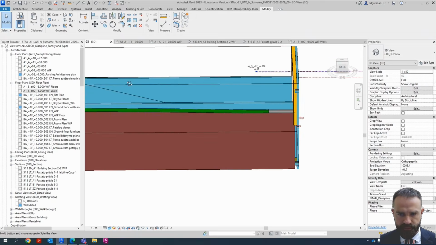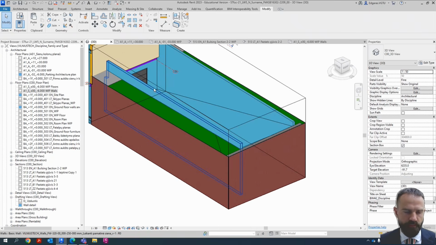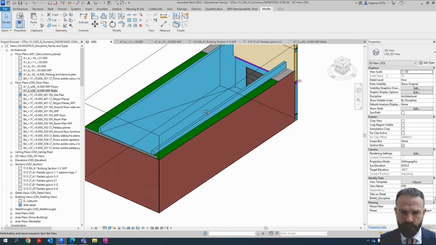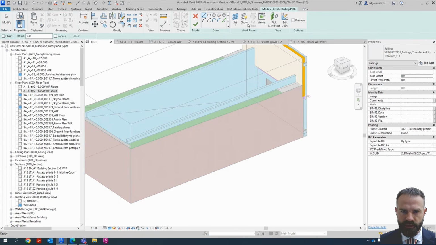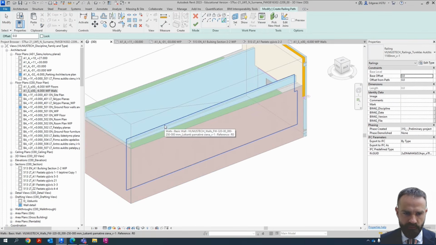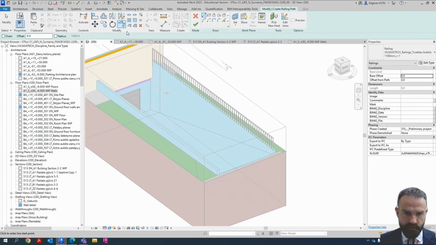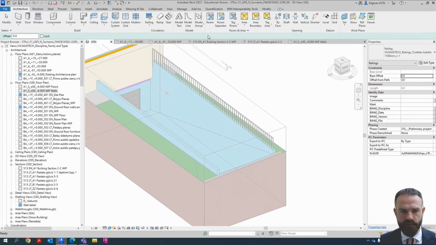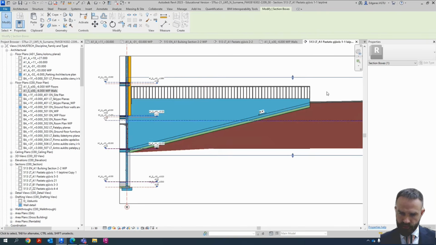And now I have a nice ramp configuration, and on top of my parapet wall I can also put additional railings. So let's pick object and pick the railings. Click finish railings, pick host object, select line, and click finish. So for the ramp, in the drawing or in the section view of the ramp, I should show all